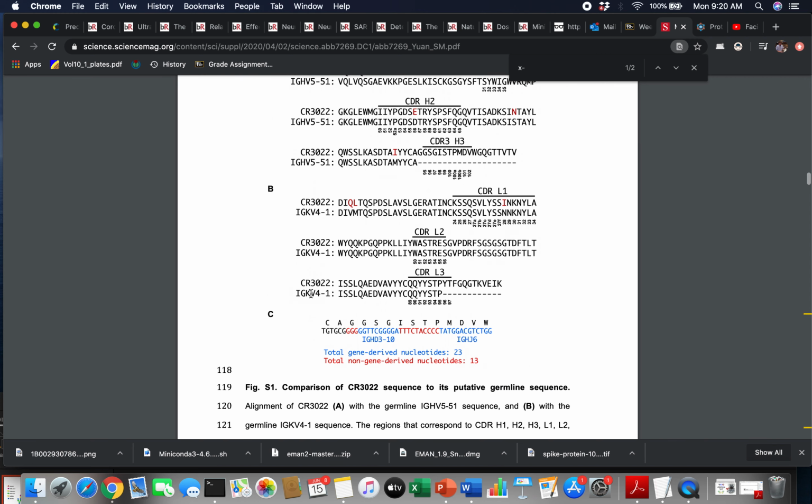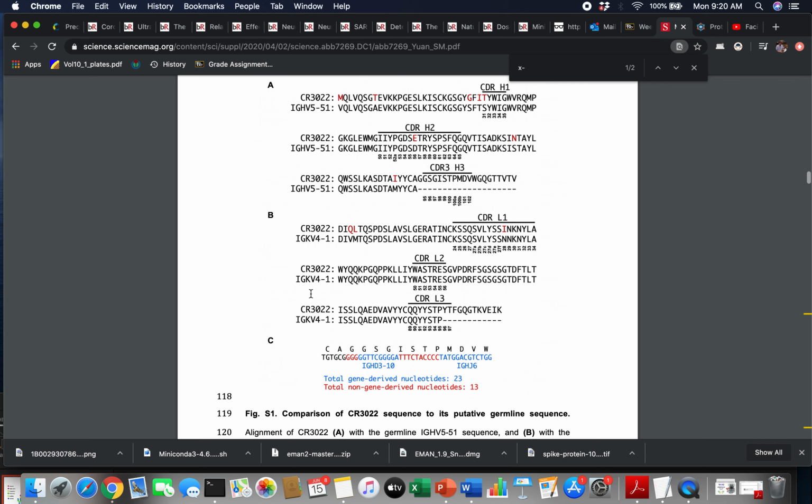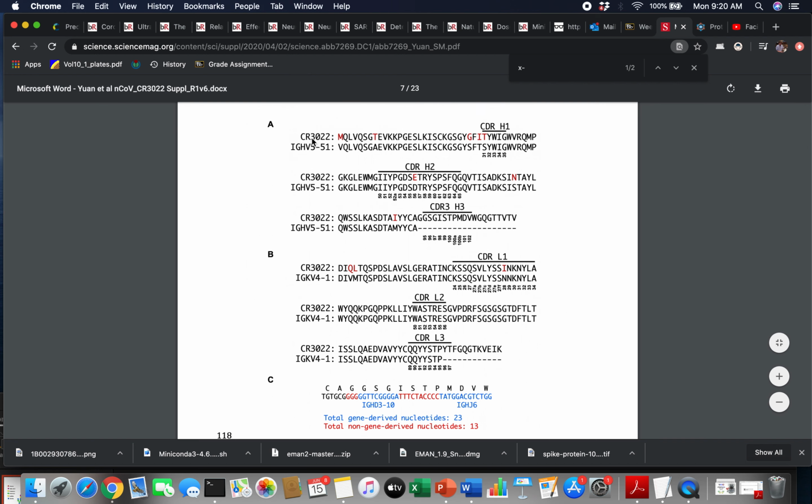Okay, so down in here, let's look at all the supplementary figures on this real quickly to give you a nice idea. So the antibody that this paper is about is called CR3022, and I don't know what that stands for, but it's some laboratory designation. They probably tested a lot of things. They may have tested 3,022 different antibodies, and you know what? This one worked, so great for them. What they're showing here is that